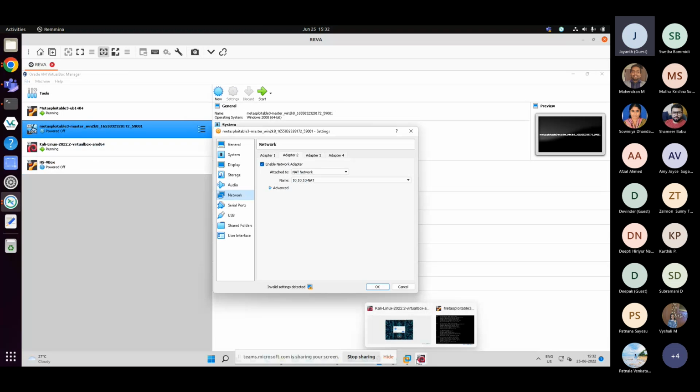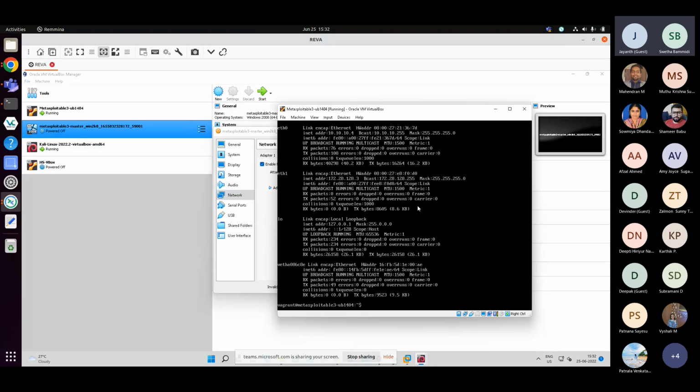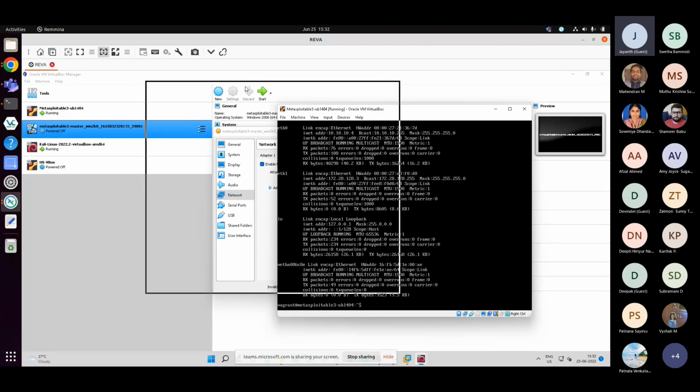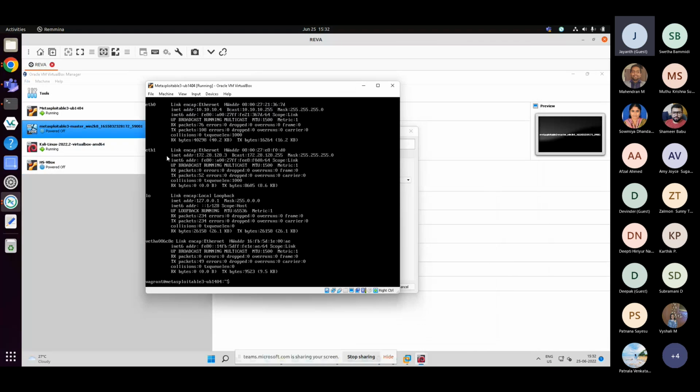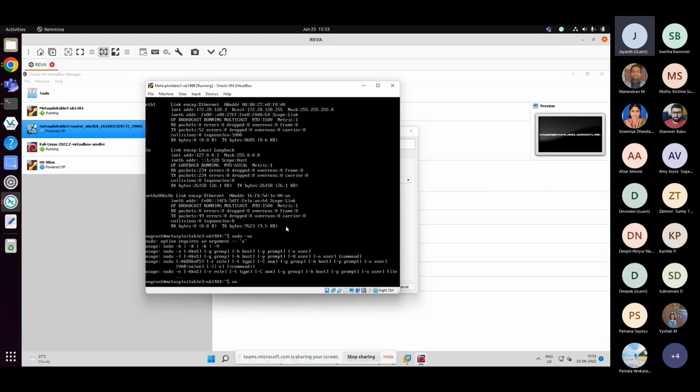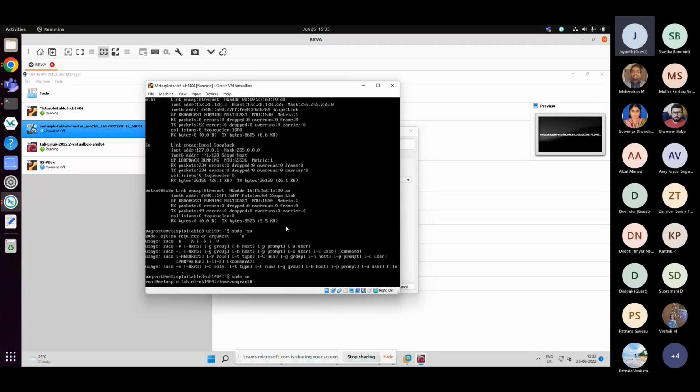For Linux, you need to edit the configuration file. Open the machine. I already have that in mind based on the screenshots that you have sent. Run sudo su. I request everyone to please note this down in your running notes. So it is sudo su. Now use the nano editor to open a file: nano space /etc